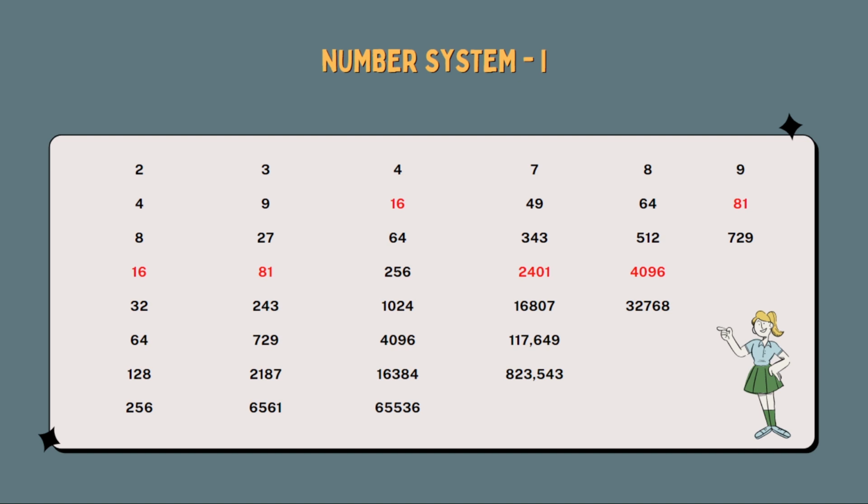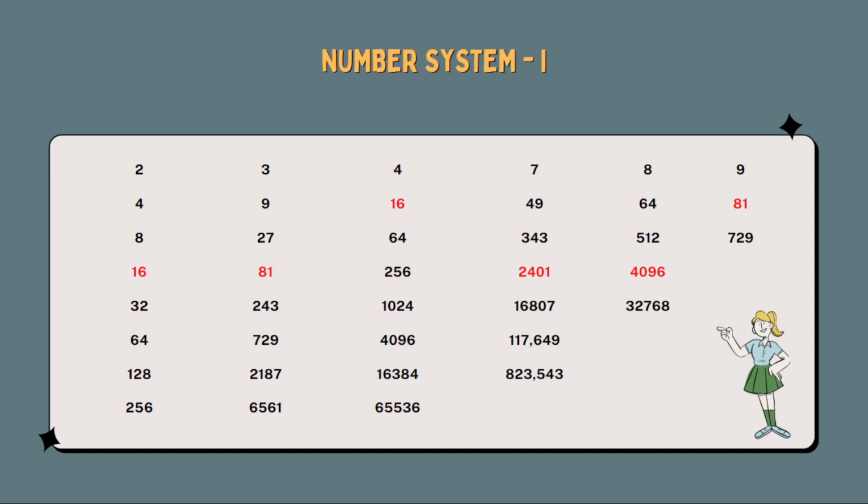See, 2 to the power 1 is 2, 2 to the power 2 is 4, 2 to the power 3 is 8, 2 to the power 4 is 16, and then 2 to the power 5 is 32, which is 2 again at the unit digit. 2 to the power 6 is 64, 4 is the unit digit. If you take a look at 2 to the power 1 and 2, it's 2 and 4. 2 to the power 3 is 8 and 2 to the power 7 is 128, so the unit digit is 8. So after every red number, it starts repeating itself at the unit digit.